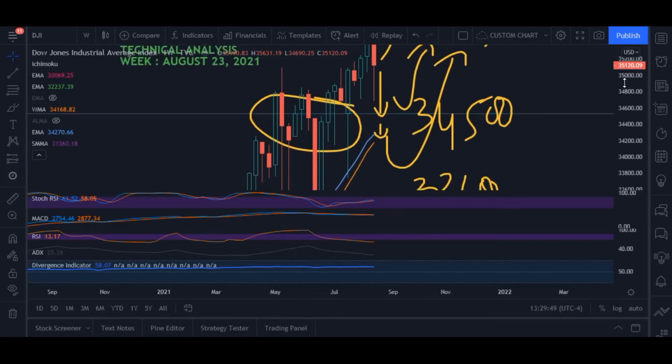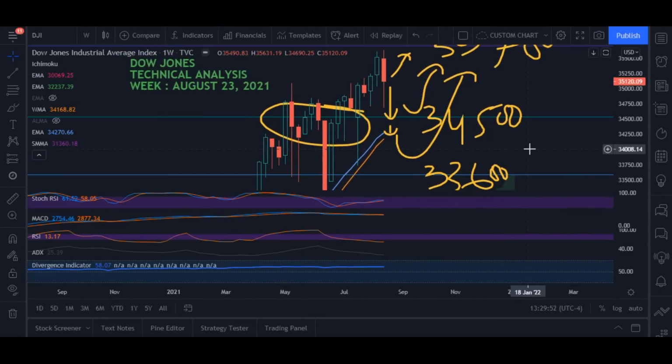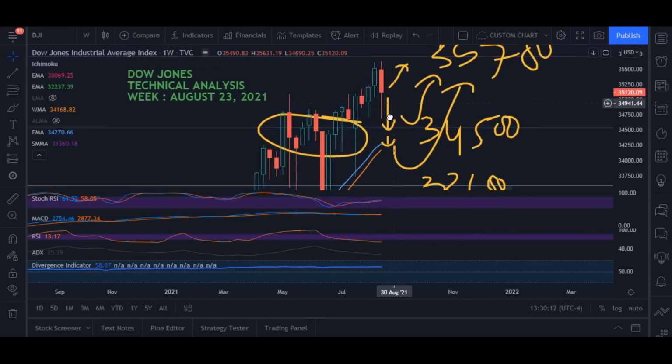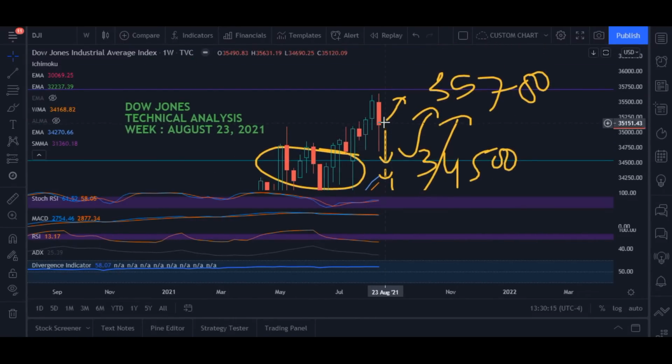Now if we talk about some other indicators here, then we have the stock RSI. The K channel of the stock RSI is more than 50, and also the D channel, which is indicating that yes, there is still a bull movement left in the stock RSI, and that the stock RSI may further rise above 70 in the coming week if the Dow Jones Index is able to sustain above this point, for example like 35,000 or 35,200, if we consider this as a confluence zone.